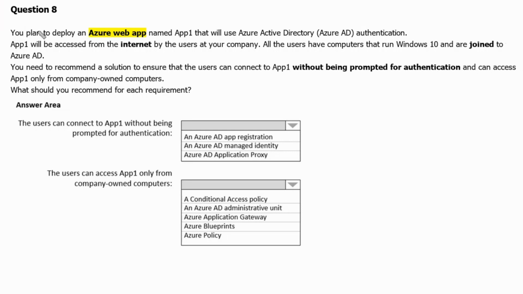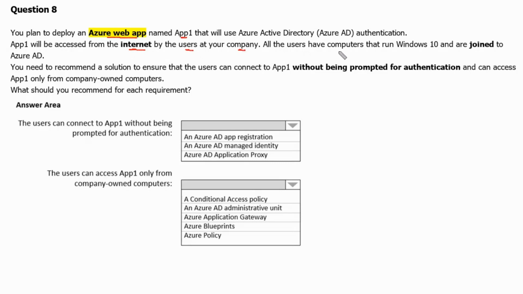Question 8. You plan to deploy an Azure web app named App1 that will use Azure Active Directory, or Azure Entra ID, authentication. App1 will be accessed from the internet by users at your company.